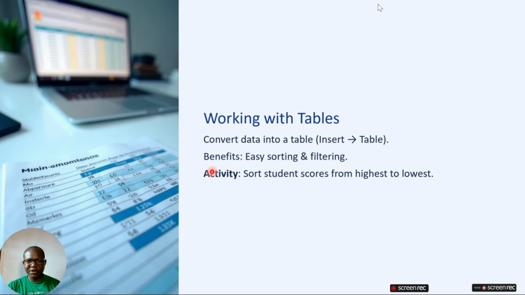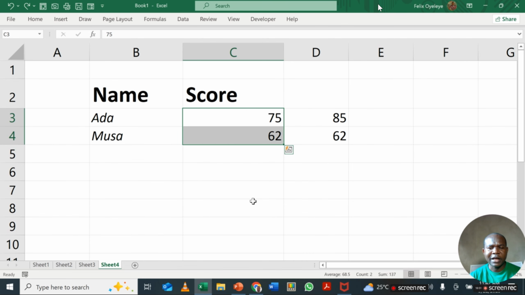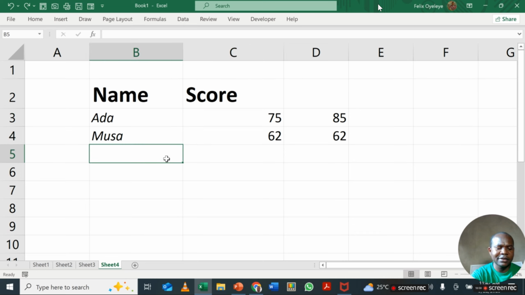Now the activity for this section is that we're going to sort our student score from the highest to the lowest. So we'll go ahead now to our Excel sheet, and sort the student score and put them accordingly from the highest to the lowest in our table. Now, the next operation we're going to perform is the sorting operation. How do we sort? Let's say we have more candidates